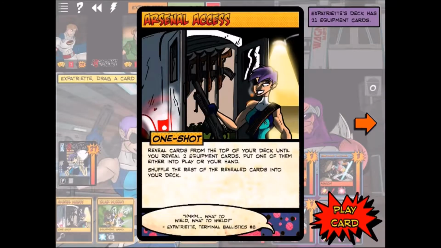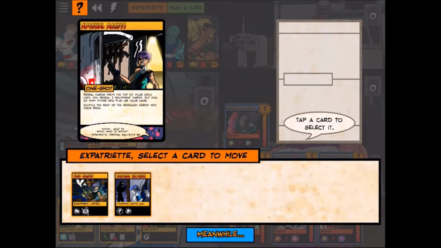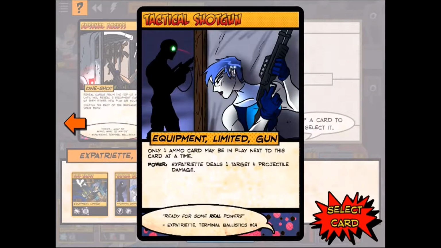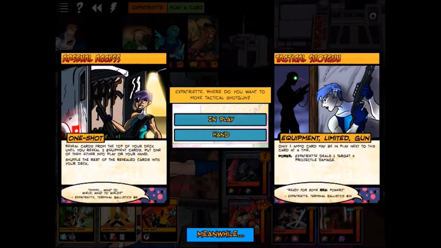So we can play this Arsenal Access. It'll reveal cards from the top of the deck until I get 2 equipment cards, and I could put one of them either into play or into my hand. So I'll play that card. We'll search for something, and we could take either the Flak Jacket or the Tactical Shotgun. We'll take the Tactical Shotgun. That does 4 damage to a single target. We're gonna put that in play,